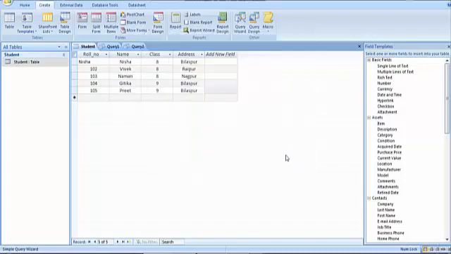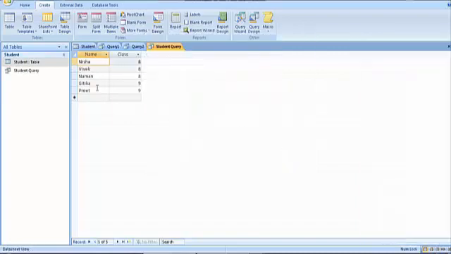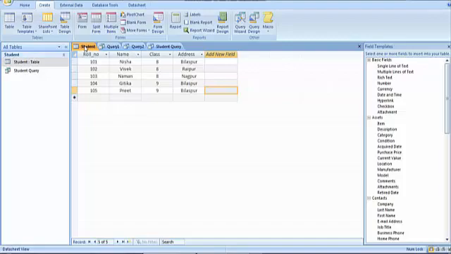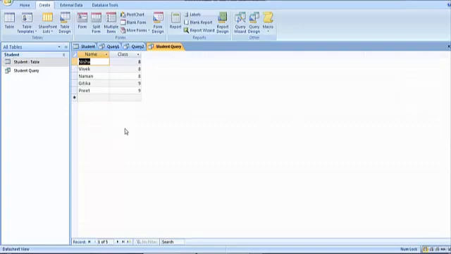So here what happens, only those two fields will come. Out of the complete table, suppose your table has many fields and you want to see only two fields out of that, so you can go for a query wizard. So this type of query obviously you can design.